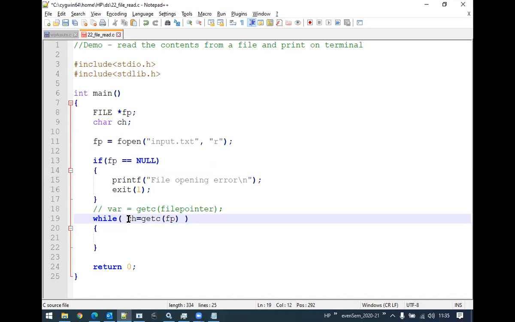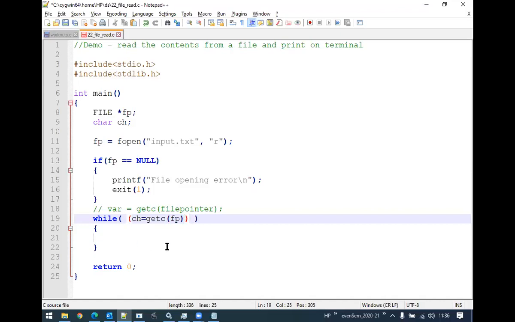I will repeat once again, students, pay attention. The character, whatever I read from getc, I need to check whether that particular character is the end of the file or not. If it is not the end of the file, then print it. Otherwise, don't print. In order to implement this, I can simply write one more condition here.